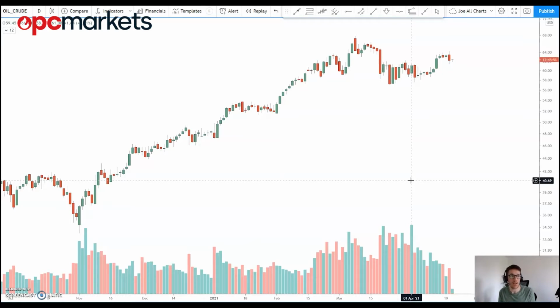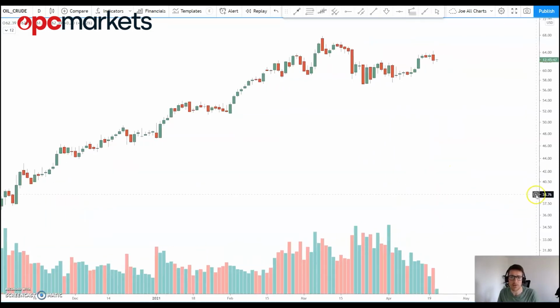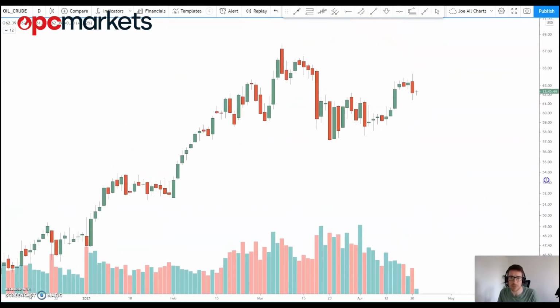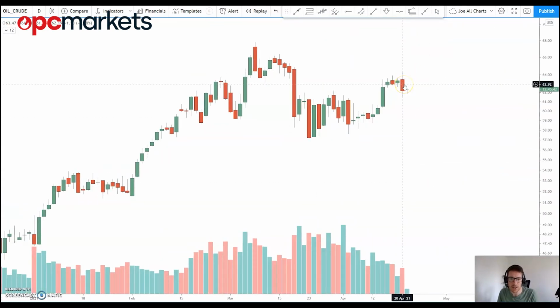Now, this is the daily chart that we've got up in front of you today. I'm going to talk you through how I'm setting up and what I'm seeing on the charts at the moment. First up, I'm just going to take a look at the candle that was posted yesterday because that's the most relevant one. As you can see here on the 20th of April, we posted this red looking candle. Now, why is this significant? Well, it's significant because it moved above the highs of the previous sessions. So on the 16th of April, we posted a high at 63.90. We moved above that yesterday, posting highs of 64.33.